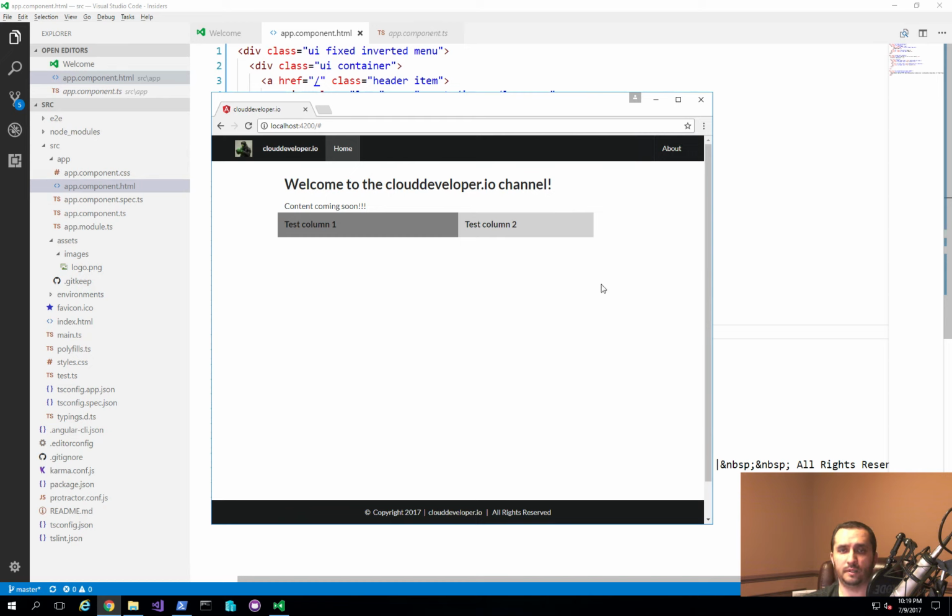So hopefully this showed you a little bit of the Semantic UI framework, and shows you the benefits of being able to use a framework like this, because it becomes very easy to build your applications without having to start from scratch and learning and knowing everything about CSS and the different nuances of different browsers and different conditions you have to meet in order to make the application look professional,